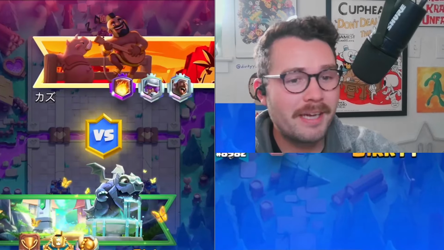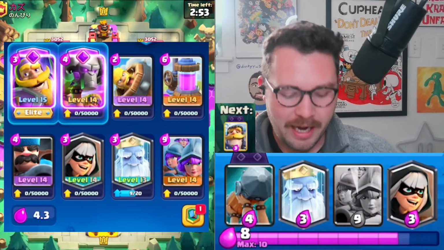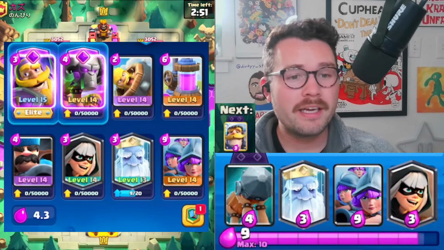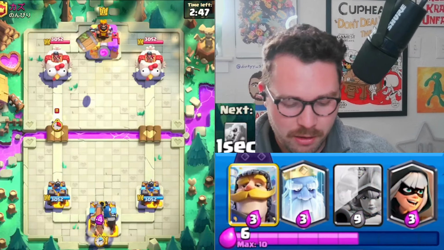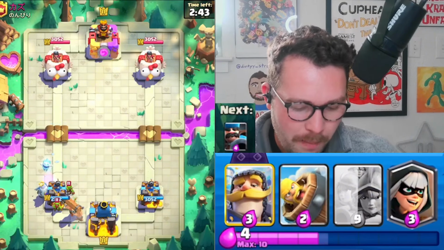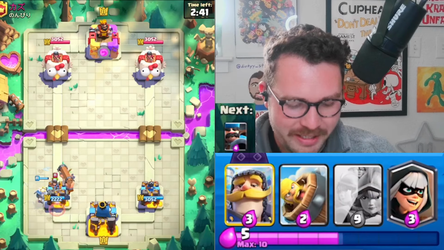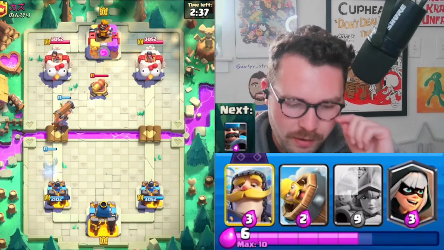All right, into our next match here. The deck we're going to be rocking is this insane 3 Musketeers deck. I think 3 Musketeers are set to make a comeback next season with the Evo Hunter, with the buff that they got this season. I think 3 Musketeers are just slept on. We're going to cycle our Battle Ram to get to our Evo. We're going to be up here against Bait, and we're going to take a lot of damage because I kind of wasn't paying attention. So my fault, not the best defense, but we're going to rely on our Elixir Collector